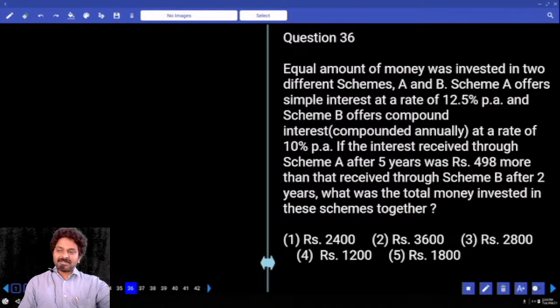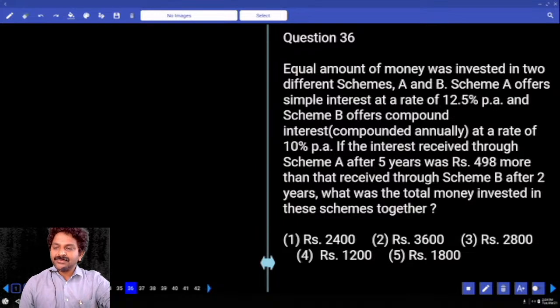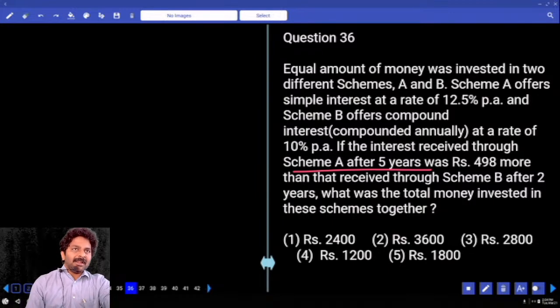Equal amount of money was invested in two different schemes, A and B. Scheme A offers simple interest at the rate of 12.5% per annum. Scheme B offers compound interest, compounded annually at the rate of 10%. If the interest received through scheme A after 5 years, interest from scheme A, 12.5% simple, for 5 years,